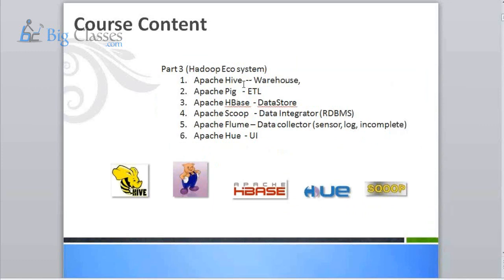Sometimes our use case may fit into the SQL model. Sometimes you can't do it in a single query. We have to do multiple operations: read the data, filter it, join with something else, do further aggregation, that kind of thing. Sometimes we can split the data into key value stores or data repositories. HBase is the one. Sometimes to get the data, we may have to scoop it from some known database. Sometimes you have to get it from log files or some unstructured data. So each one has its use case. That's what I'm trying to explain. That is the essence of the Hadoop subsystems.